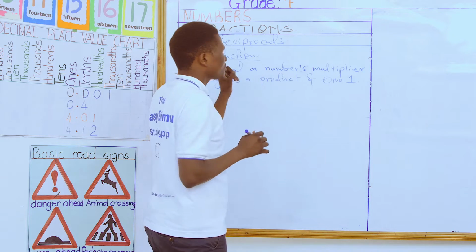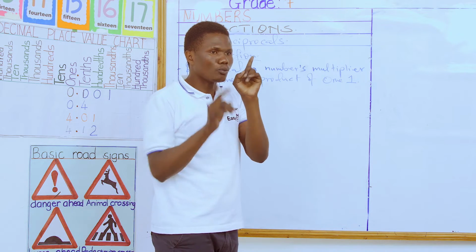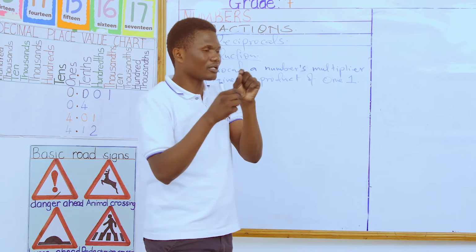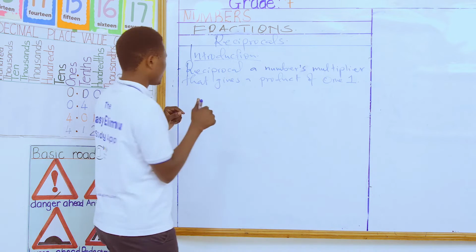In other words, if you take a certain number and you multiply it by its reciprocal, you'll get a product of 1. For example, consider